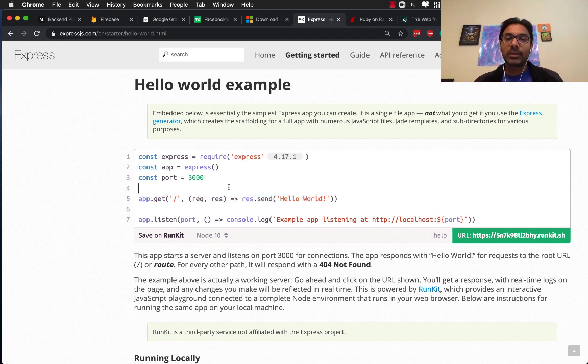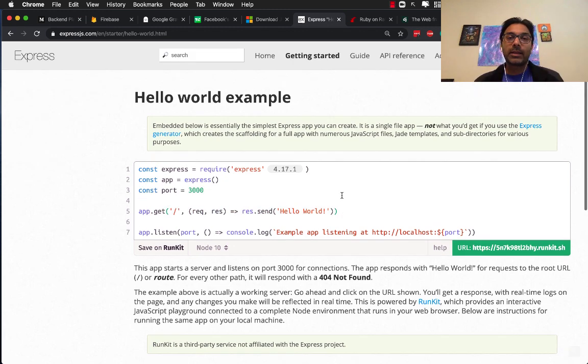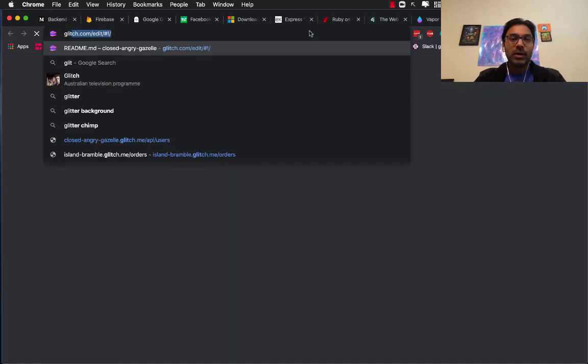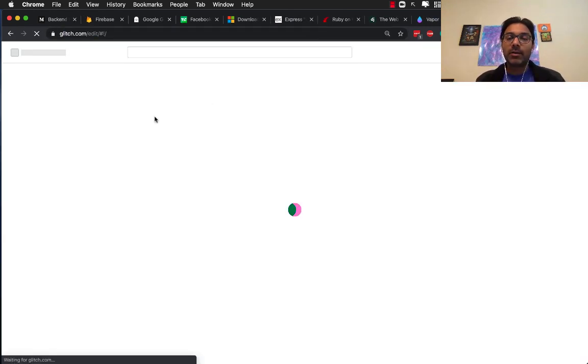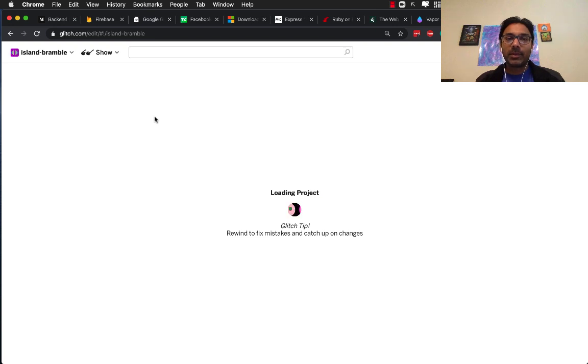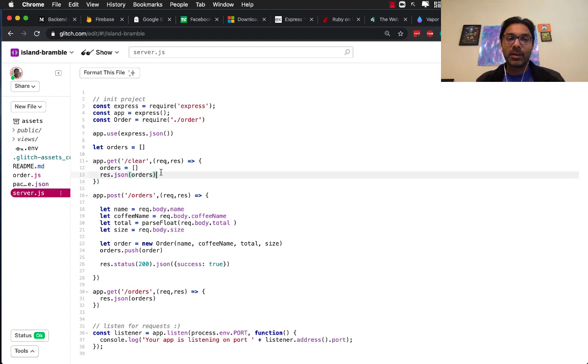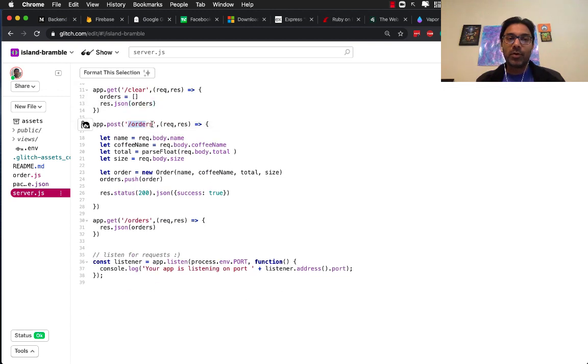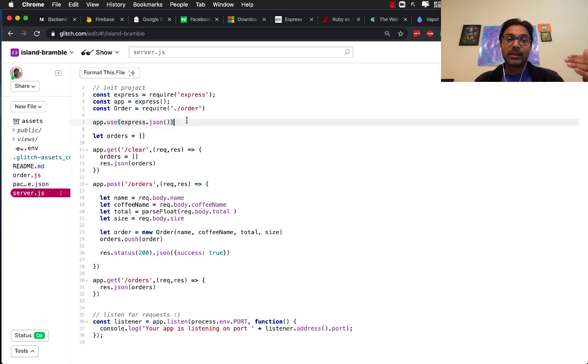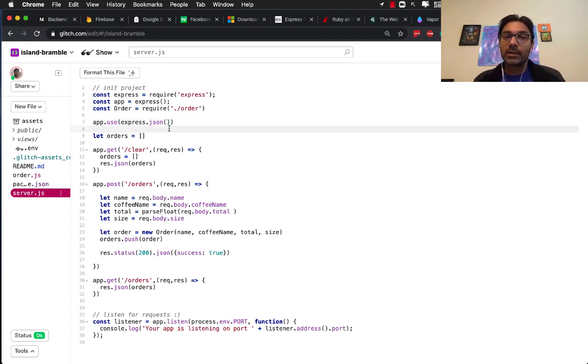I love Express, and I think it is simple to use. I can go to websites like Glitch, and I can just play around with ExpressJS. So all the code I can type over here, and I can expose it. So this is all the code for Express. See that? And if I go to orders, I can post an order, I can get orders. So you can see that all the code I can simply test without even installing Node or getting the package Express. I can just use online tools like Glitch to start my server and see what happens. Obviously, this is not connected to a database or anything, but you get the idea, right?